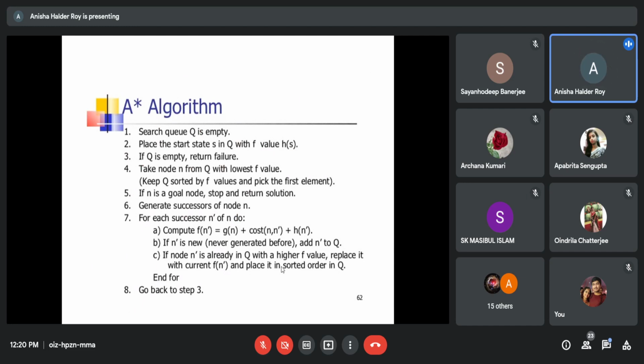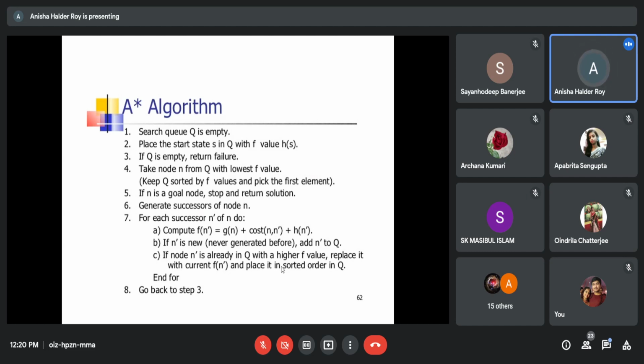One queue is there, first the open list and the close list, these parts will be separated. This queue is not a simple queue, it is a priority queue. We call it the search queue. The search queue is empty at first. Place the start state in the search queue with its f value.